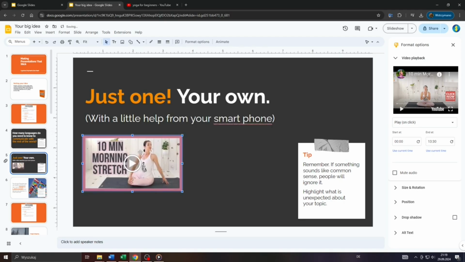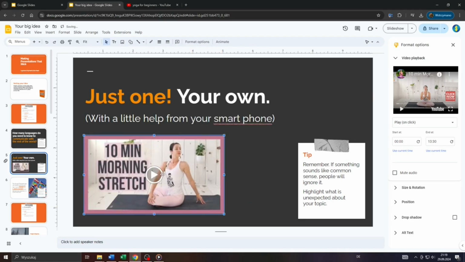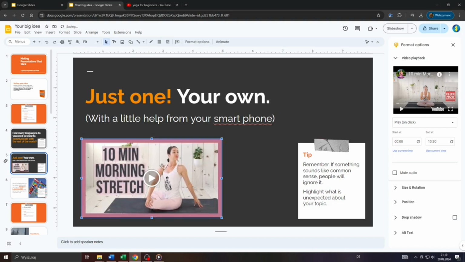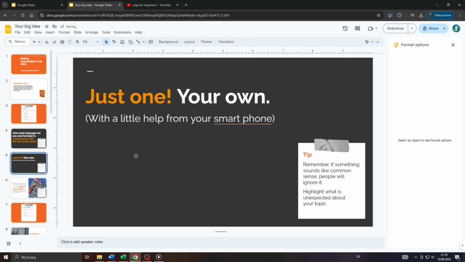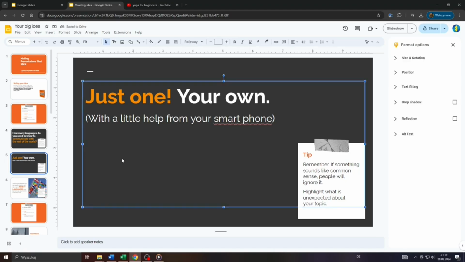Now guys, you can customize it and adjust its position and size by holding your left mouse and dragging its corners here, or position it here more to the left, for example. You can also watch it in the preview by clicking on that play button there. Alright, so let me delete it for demonstration purposes and show you option number 2, which would be adding video